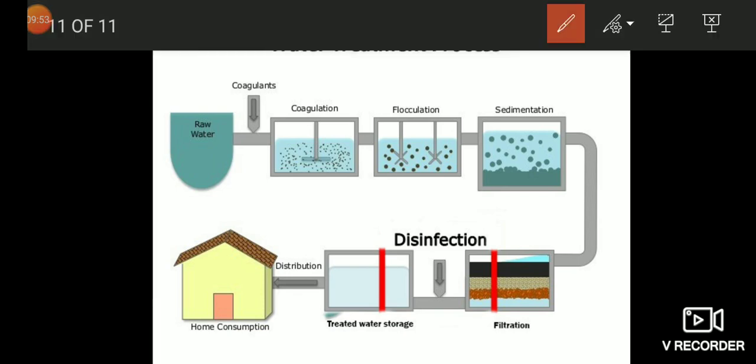in the coagulation process. When alum or chemicals are added in these chambers, the particles settle down after some time. Then it is sent to the sedimentation chamber where they are allowed to settle down, so the heavier particles settle. Then the water is passed to a filtration chamber where you can see many layers of sand, gravel, etc. And when water is allowed to pass through these different layers of filter,